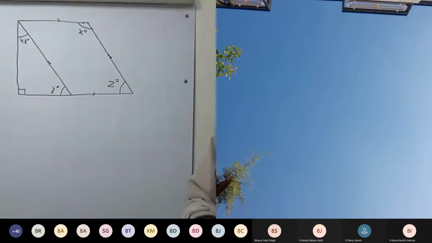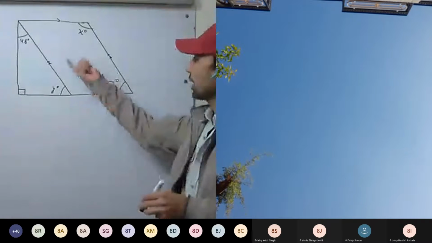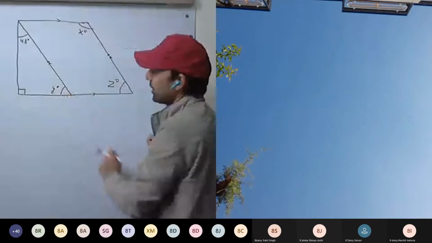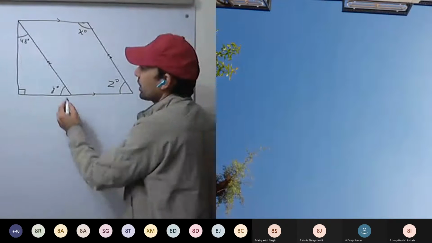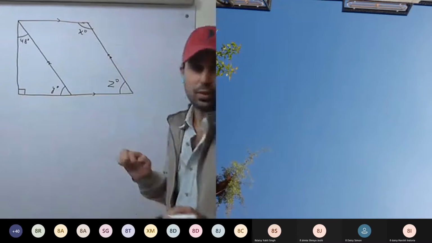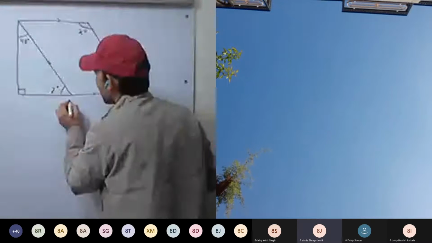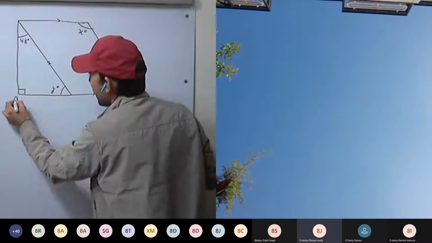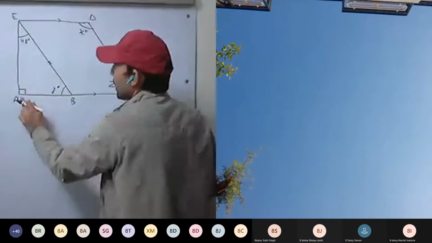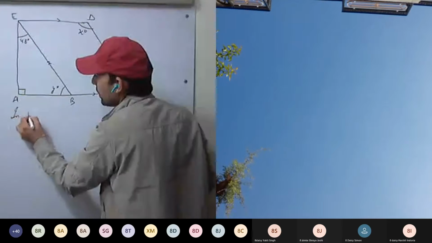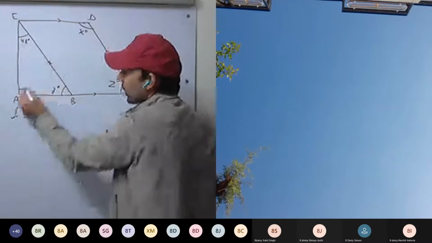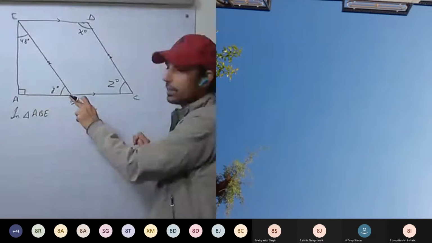Okay. Now we have to calculate. So now how to calculate? Consider here how we can calculate y. It is a triangle. Okay. So what we can do? I can write here 90 degree plus y degree. A, B, C, D, A. Okay. Now in triangle A, B, E. This is one triangle. It is what kind of triangle? It is a right angle triangle.